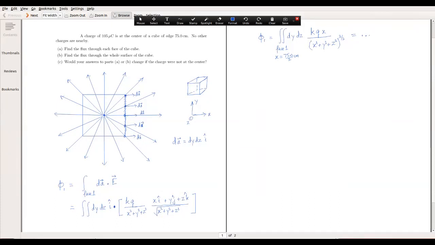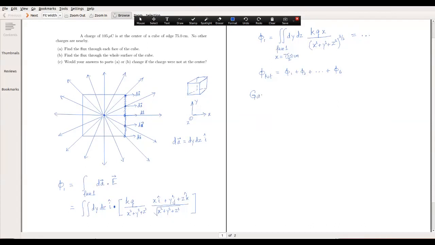So the total flux in principle would be equal to phi 1 plus phi 2 plus so on, for 6 faces, and you have to do this for 6 faces. So first do this for face 1, fix your x and integrate over y and z. For the other faces, fix either x or y or z and integrate over the other quantities. That's how we could explicitly calculate the flux. But the idea here is that if it's a closed surface, that's where Gauss's law makes it significantly